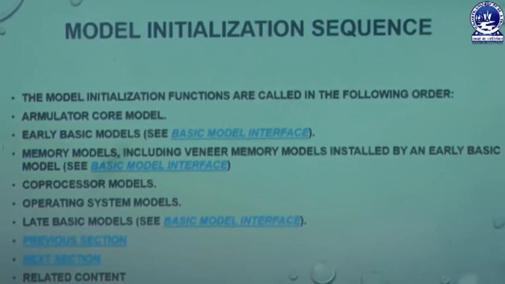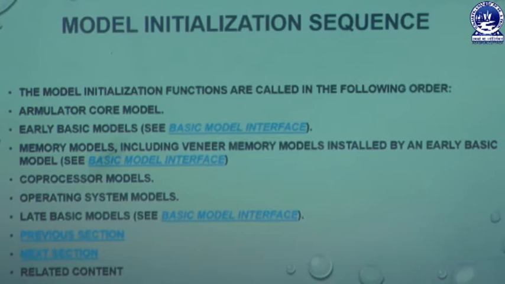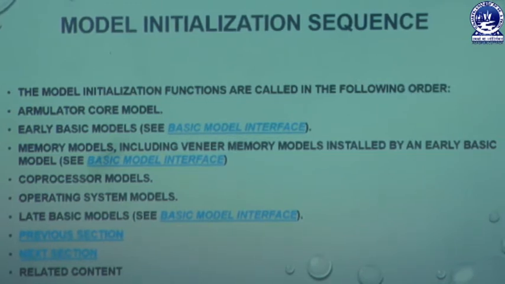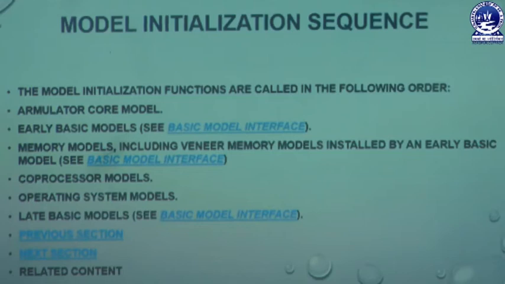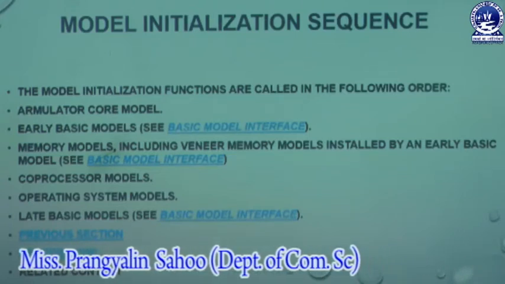That means how all the data is executed when it is implemented by using the ARM coprocessor concept. Here first the model initialization functions are called in the following order. First, it designs the emulator core model. Then it uses a model version, like model version 1 or model version 2. That means by using open source software mechanisms, or maybe it uses the given timing cycle quantum mechanisms. Then it designs its memory interface.